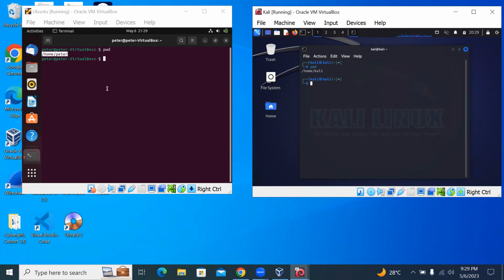Now, there's another command that is very important. We refer to that command as the Google of Linux-based operating systems. That command is the man command. We call it the man command. I guess everybody